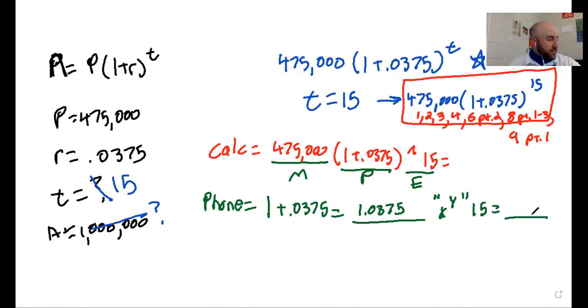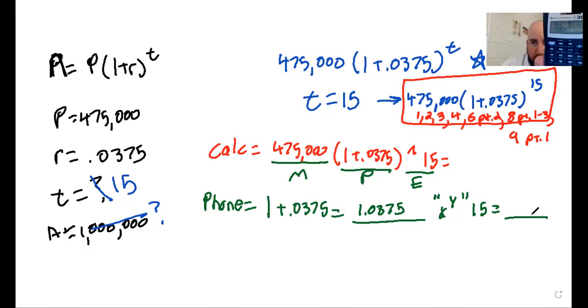Let's see here. I can't use my iPhone because I have Zoom open for my other class. So let me show you on the calculator how you do it on your iPhone. All right, so we have 1 plus 0.0375. Okay, 1 plus 0.0375 equals. You hit it. So again, you would hit that XY button on your calculator. For me, all I have to do is come over here and hit caret 15. So it's raising that 1.0375 to the 15th power, which gives me